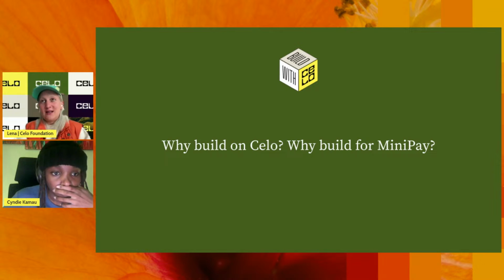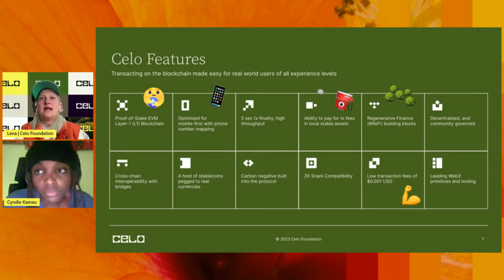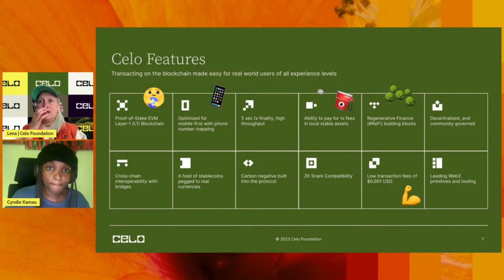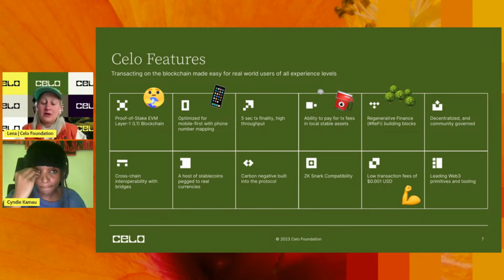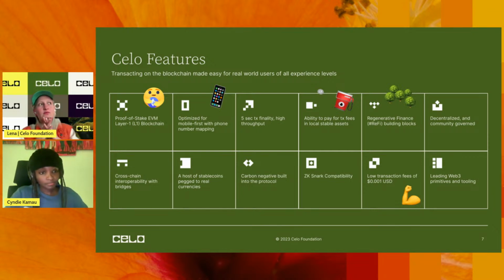But why on Celo? Why build for MiniPay? For everybody who is new to Celo, Celo is a layer 1 EVM compatible blockchain. We have incredibly low gas fees, like 0.001, which is very low if you compare it to other chains. One of the key factors for building on Celo is that we are mobile first, so we also ask you to build mobile first,